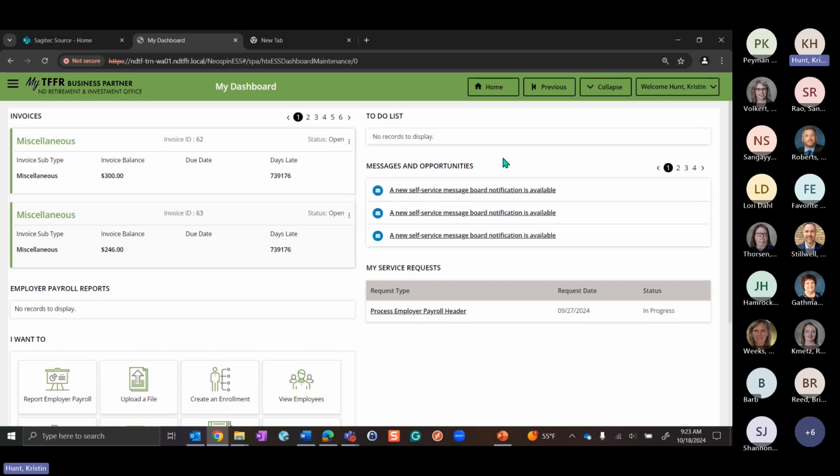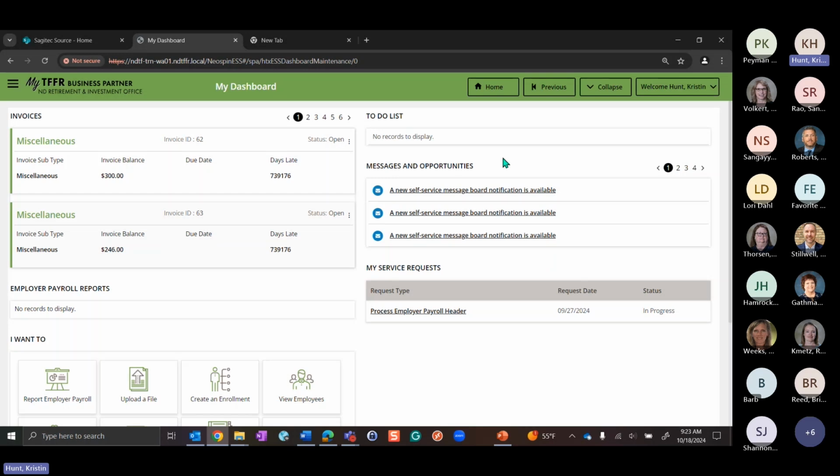So it can be information like a mass notice that an action item is needed. Maybe a yearly thing that you need to do, like the employer model election. I know that gets sent out as an email, but you could also have a notification here.